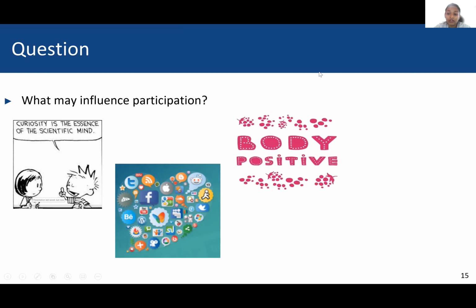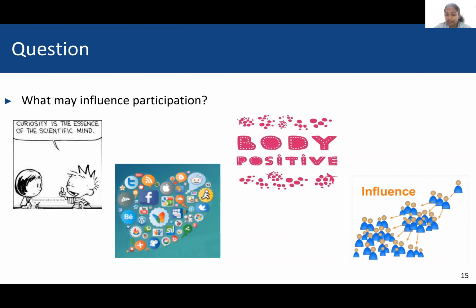There are also growing concerns about body negativity these days, and parents would have felt that being a part of this intervention could help their child gain body positivity, and therefore they would have encouraged their children to participate. And there's also a factor we called influence, wherein one participant influences another to be a part of a trial, or in this case, a parent might have encouraged another parent to allow their child to be a part of this trial.